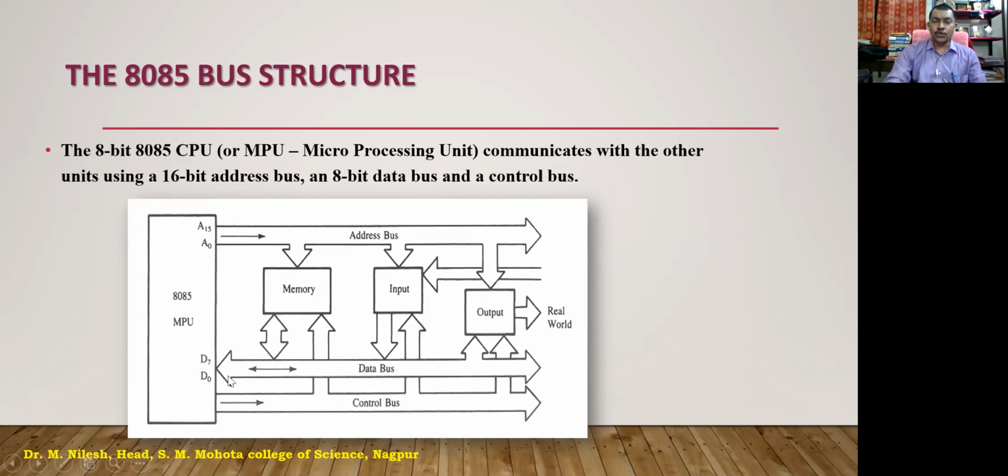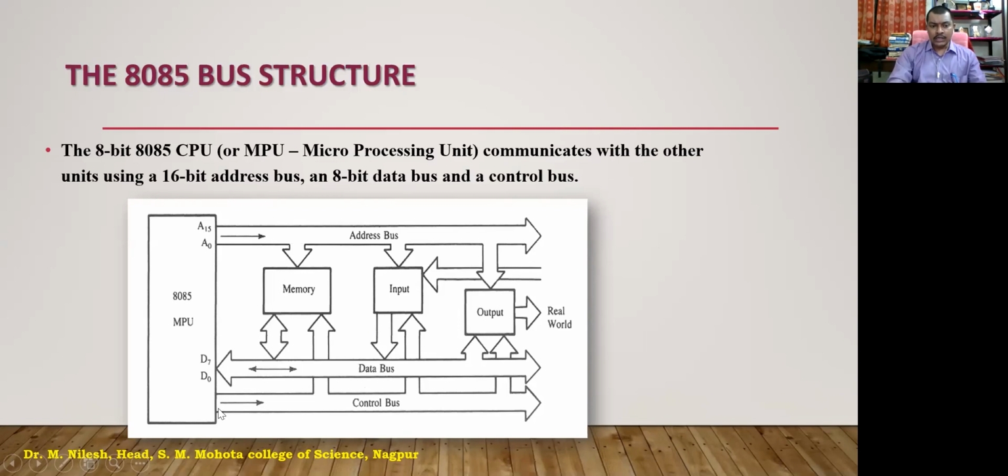The address bus is going to take the data from the accumulator through the microprocessor, and it will write the data in the memory location specified by the HL pair. Now this is going to be controlled by this control bus. This control bus is going to control all those input and output devices, including the memory.